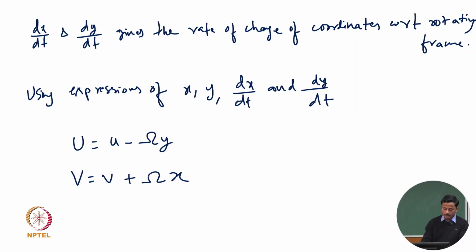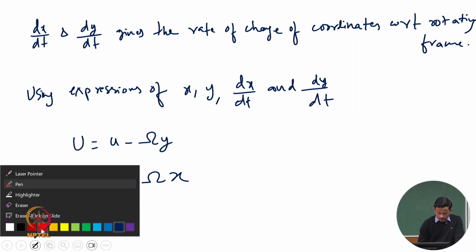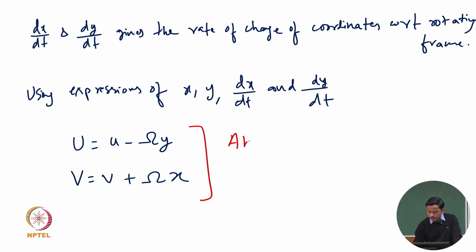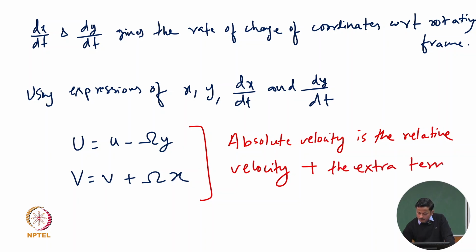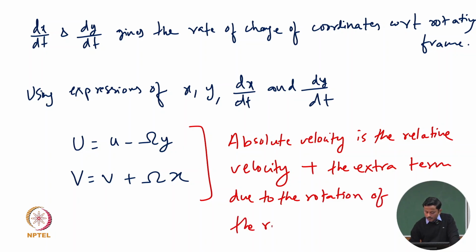So the absolute velocity is the relative velocity plus the extra term due to the rotation of the reference frame. These are the extra terms that are being generated here